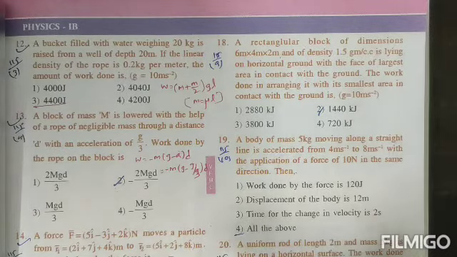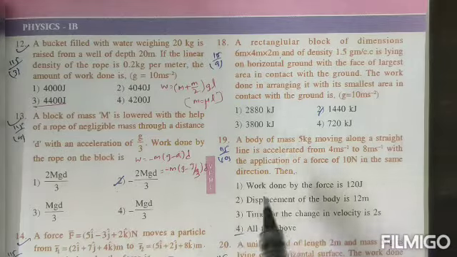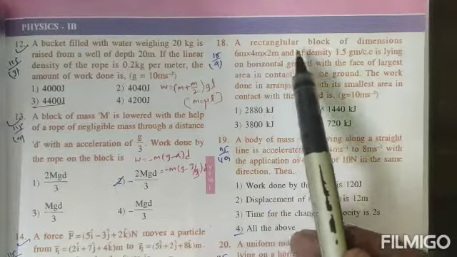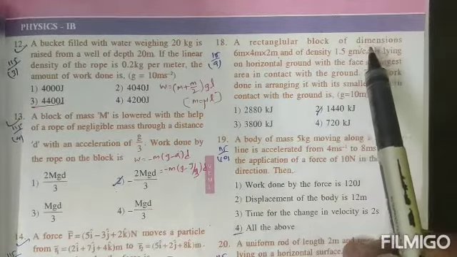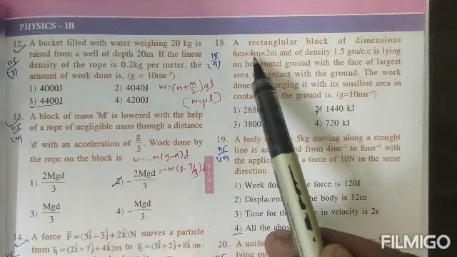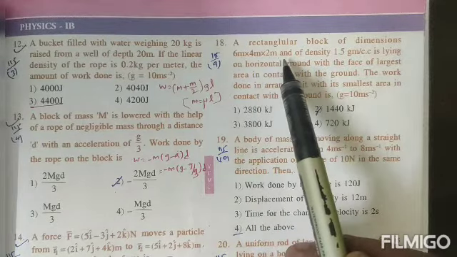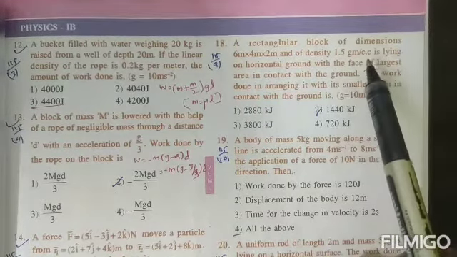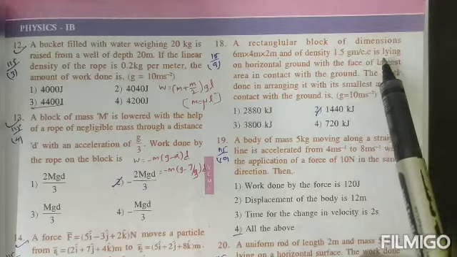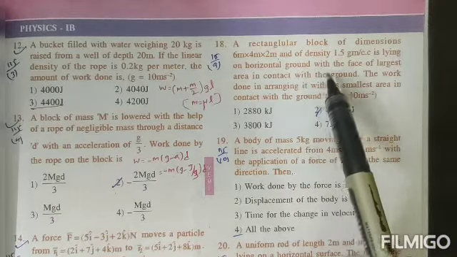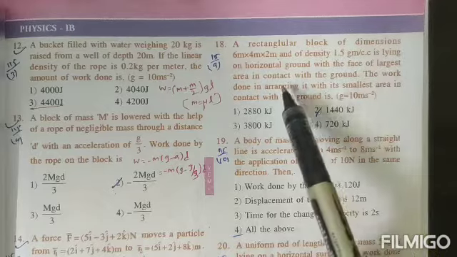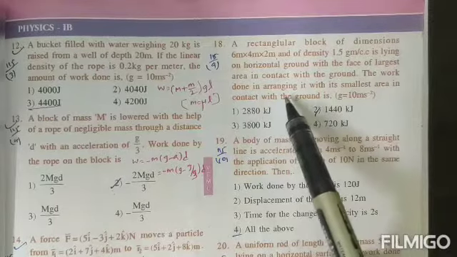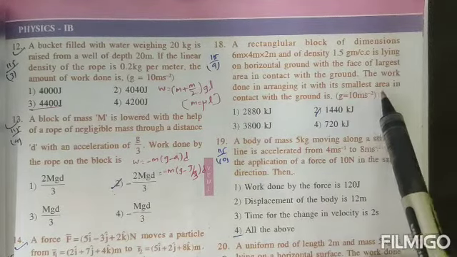Dear students, the next question from work, power, energy, need based question number 18. See the question. A rectangular block of dimension 6 meter, 4 meter, 2 meter and of density 1.5 gram per cubic centimeter is lying on horizontal ground with the face of the largest area in contact with the ground. The work done in arranging it